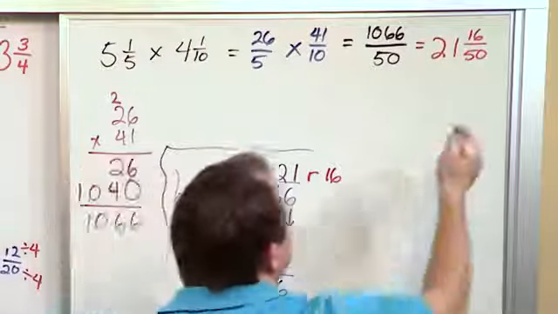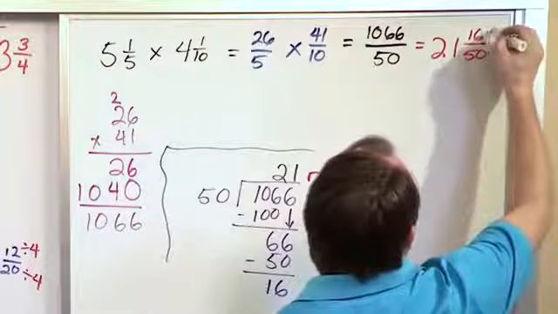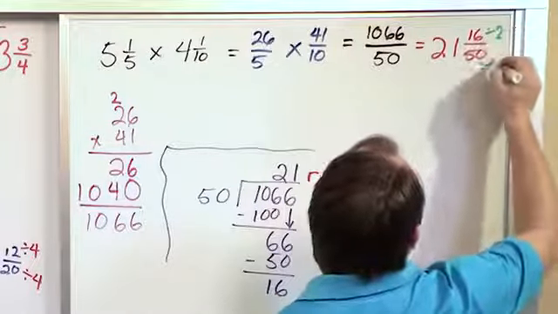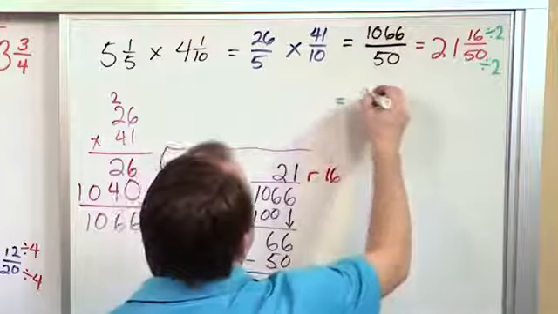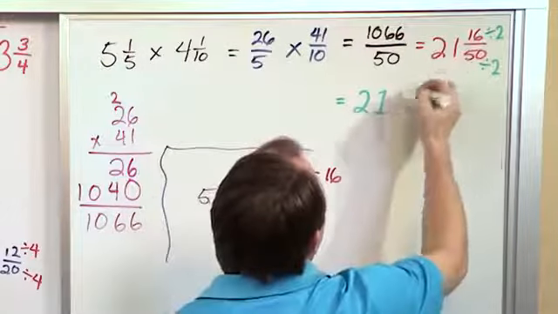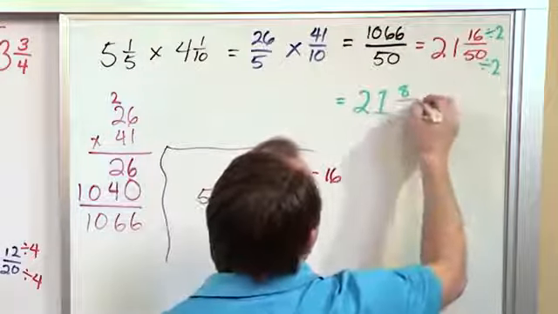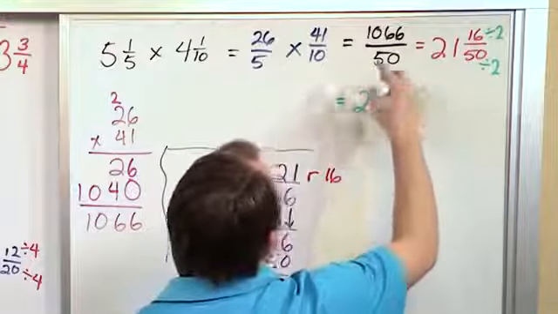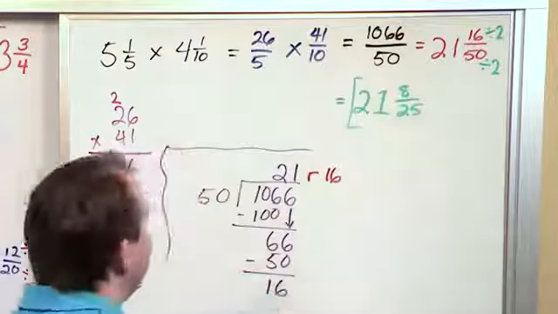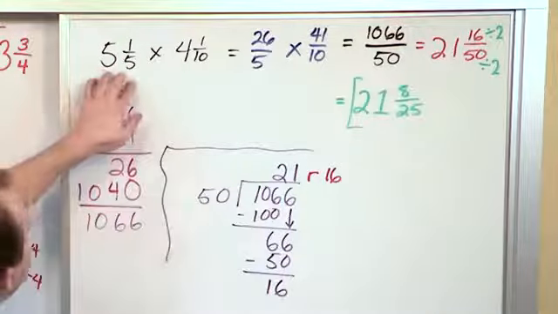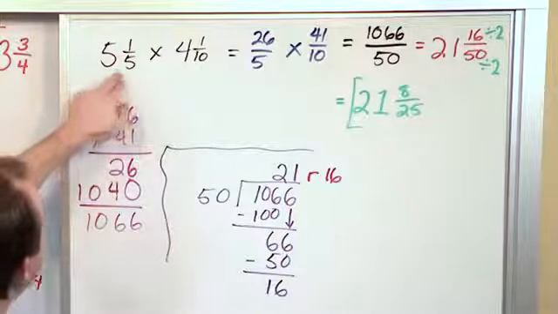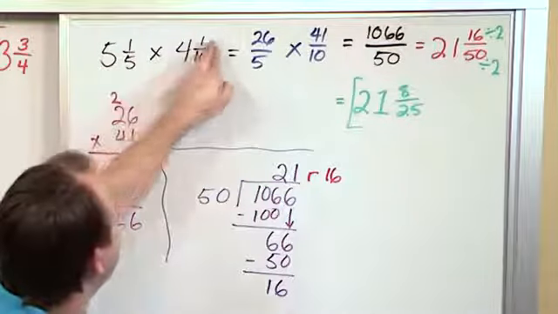But then we realize this is even and this is even. So let's divide this by 2. We'll divide the bottom by 2. So the answer we get is 21. 16 divided by 2 is 8. 50 divided by 2 is 25. And I can't simplify this anymore. That's the final answer. So when you have 5 and 1/5, and you multiply it by 4 and 1/10,